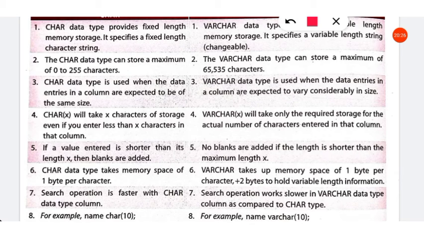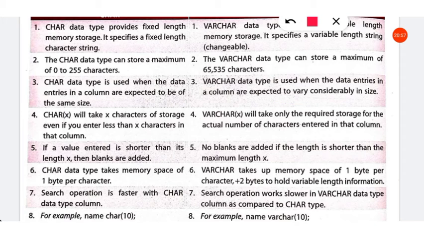Then char data type is used when the data entries in a column are expected to be of the same size, like the grade of a student. It is of the same size. Then varchar data type is used when the data entries in a column are expected to vary considerably in size. The name of the student, its size can vary.